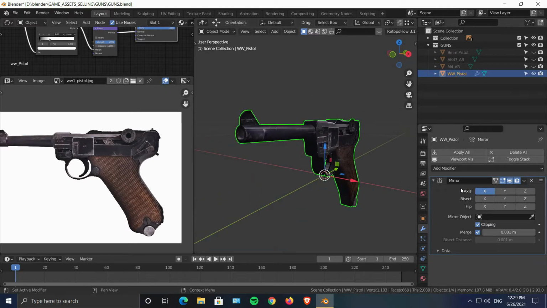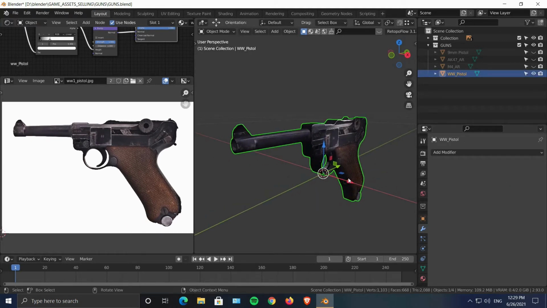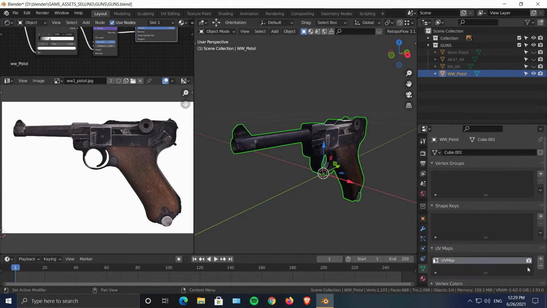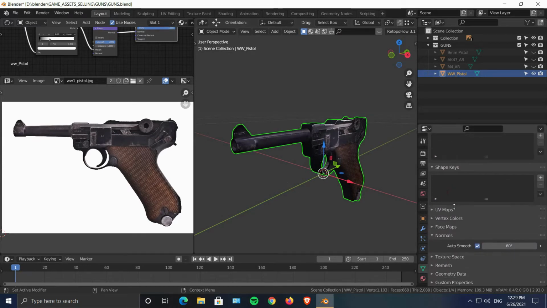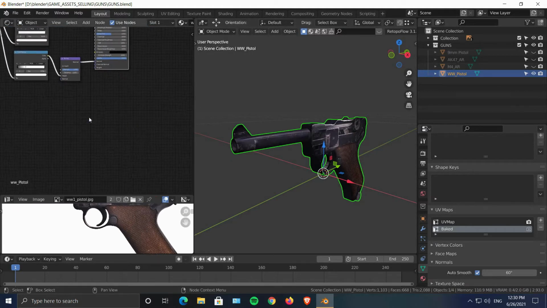Before baking, apply all the mirror modifiers you have. Once you do that, go to the object data properties, go inside the UV tab, make a new UV map, and let's name it baked. With that selected and our main camera on our original UV map, what you need to do right now is create a new image texture.